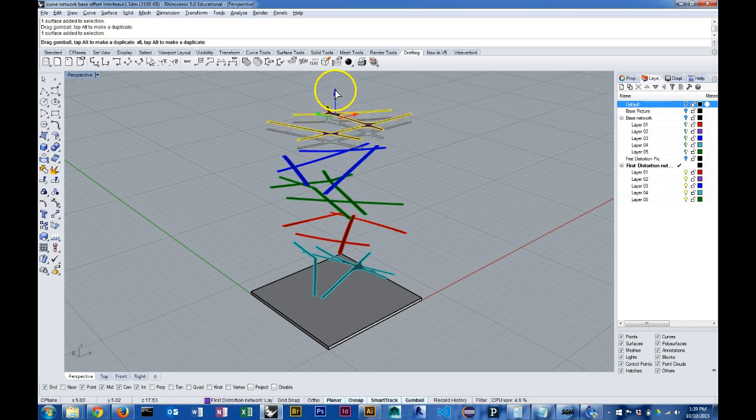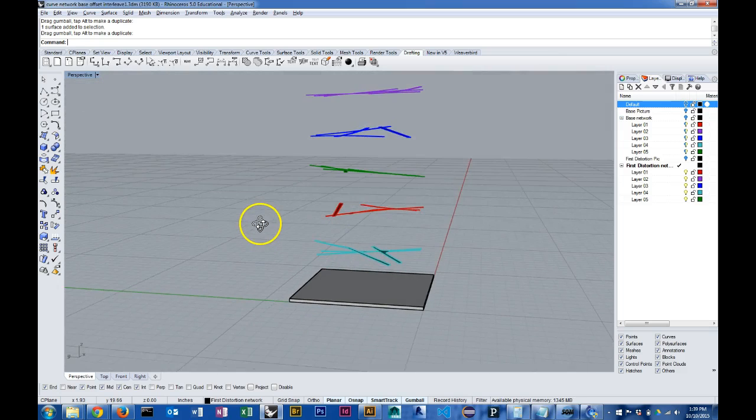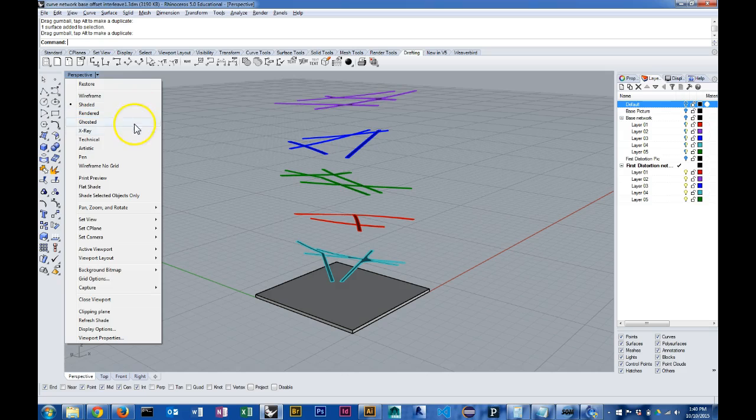All right, so the other component of this is going to be getting your view right in terms of the perspective. So I mentioned before in class that I want a parallel projection. Right now you can see that these perspective lines are converging in the distance. That means it's not a parallel projection. It's a 2-point or 3-point perspective. So what we're going to do here is switch to that parallel projection, and that's going to be under your